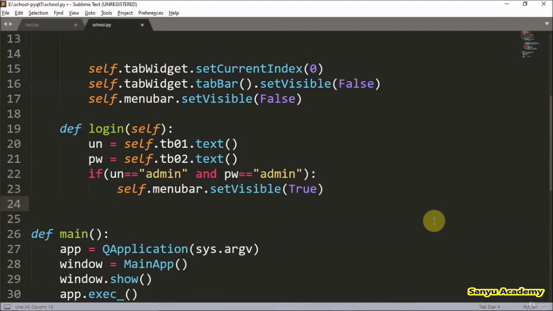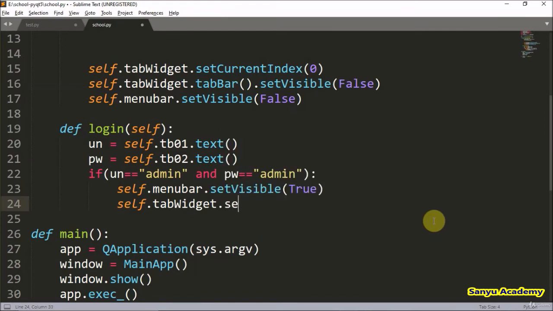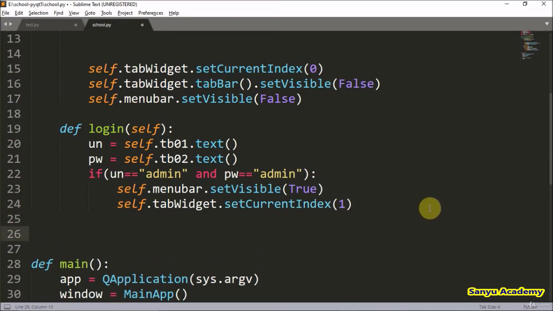Next, we should show the second tab, self dot tab widget dot set current index as 1. This will show the main form and it will enable the menu,